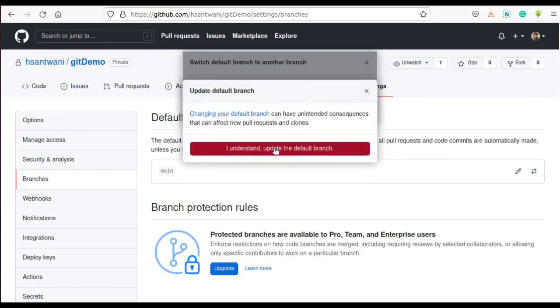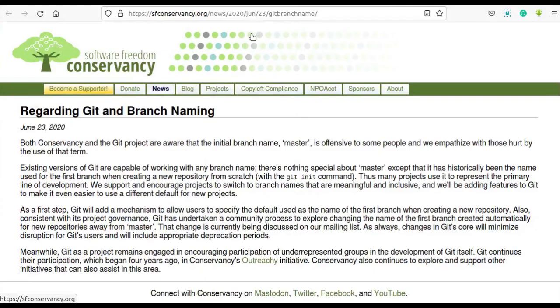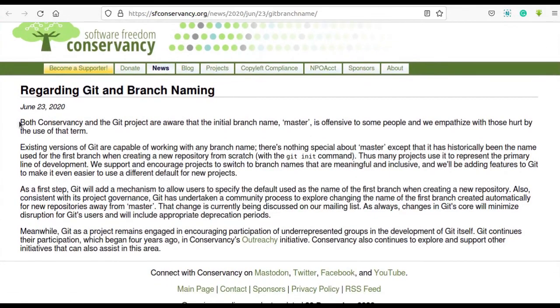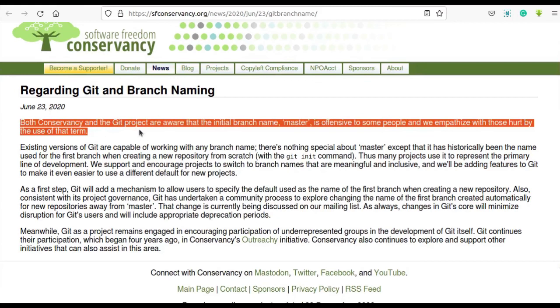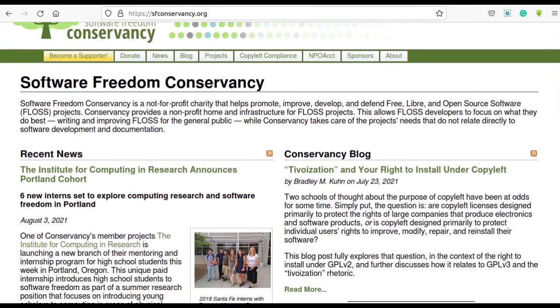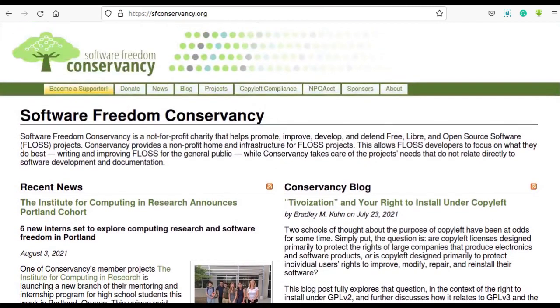Earlier the default branch name for this initial branch was master. GitHub took action based on the Software Freedom Conservancy's suggestion and moved away from the term master when a Git repository is initialized. Let me tell you that Software Freedom Conservancy is a non-profit charity that helps promote, improve, develop, and defend free, libre, and open source software projects.